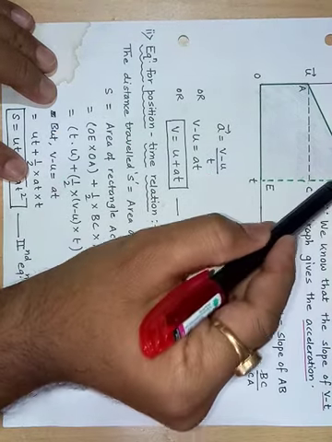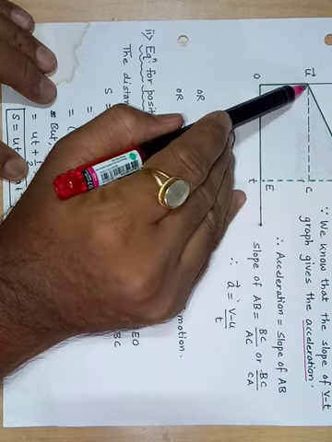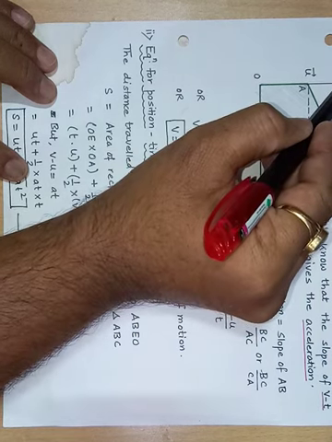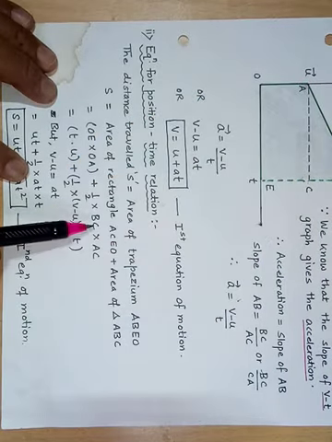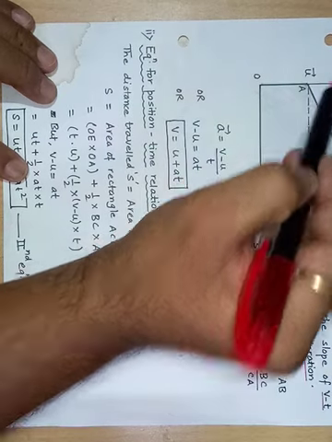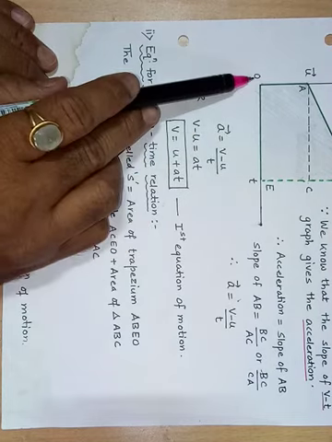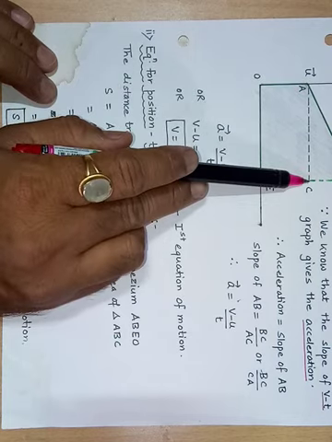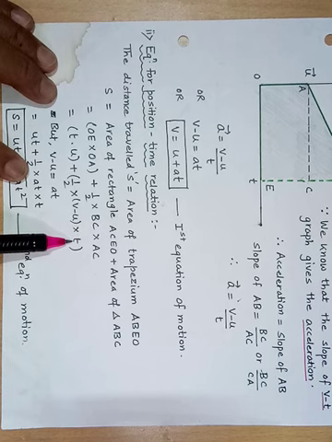What is this BC? BC is the difference between this particular point and this particular point. The difference between V and U will give me this BC. So the magnitude of the velocity where this point is situated and the magnitude of velocity where this point is situated give me the difference BC. So I can write here BC is V minus U. What is this AC? AC is, like OE, the difference between the initial point 0 and the point at C where the time t is. So I can write AC as t minus 0, which is t.